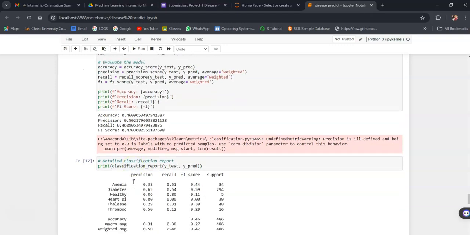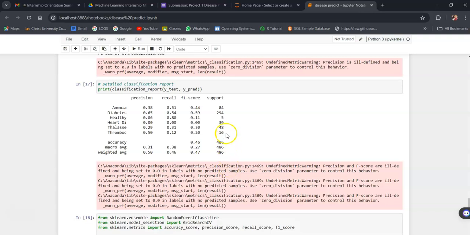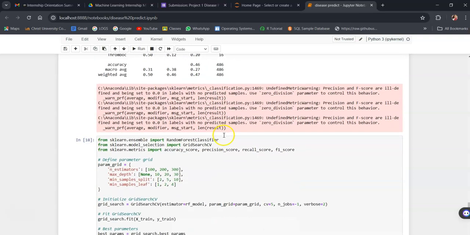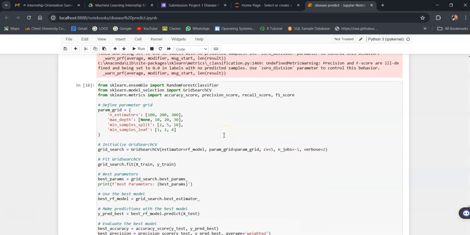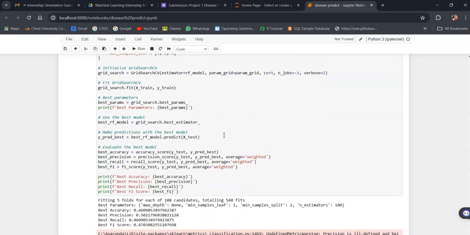This is the classification report for 486 samples, with accuracy of 46%.